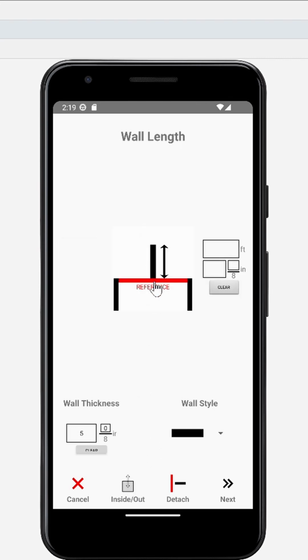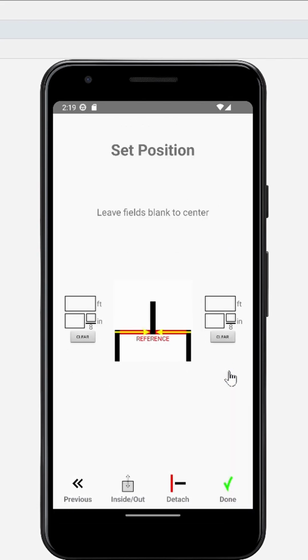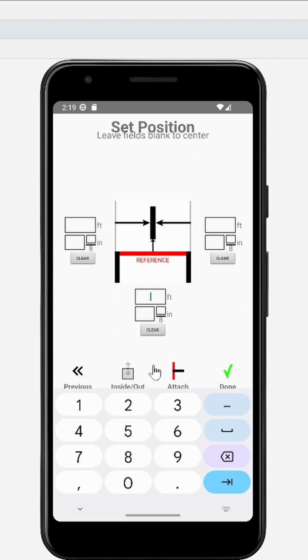And in order to, well, let's just make this 5 feet like we did the other wall, and I'm going to click on next. And you see the default here is to have the wall attached to that reference wall, and we specify the length. But I'm going to go down here and do a detach operation, and so now we can specify the distance away from the wall as well. So I am going to put it 1 foot away from the wall,